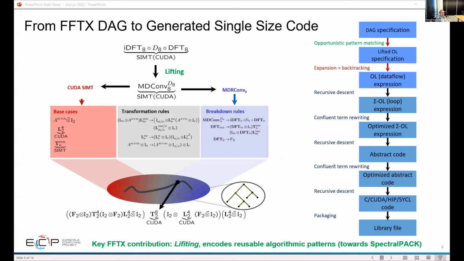So what happens now is that the moment the system sees the entire specification, historically, it would produce, for one size, one file that implements that size at high efficiency. And how does it do it? Well, it first goes in and analyzes the input and sees whether it finds a pattern to lift it up to a higher level object. And that is really looking at the computation specification and translating it into a pattern that the spectral pack, the higher level red part that I showed you at the beginning,